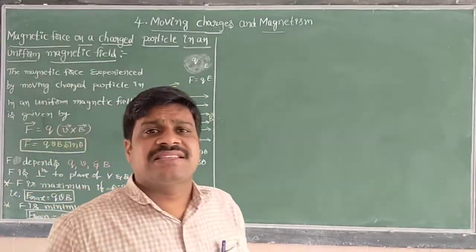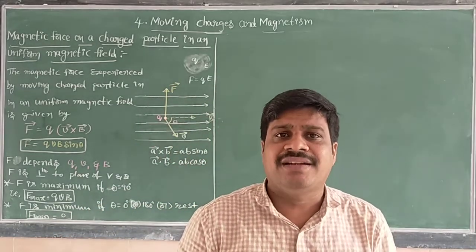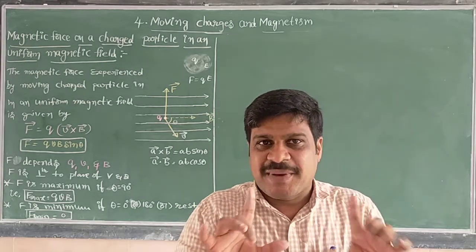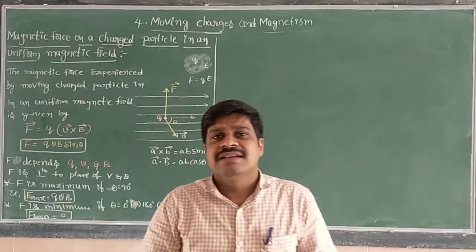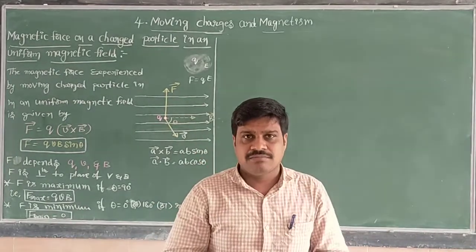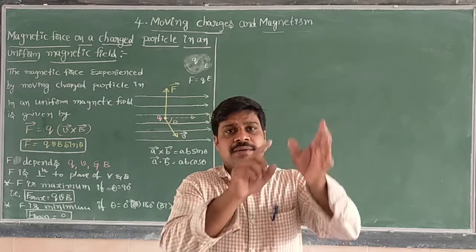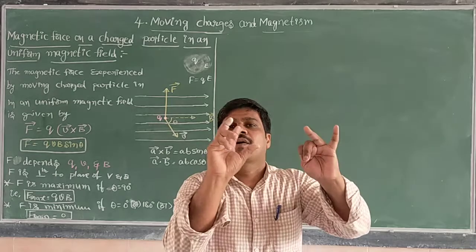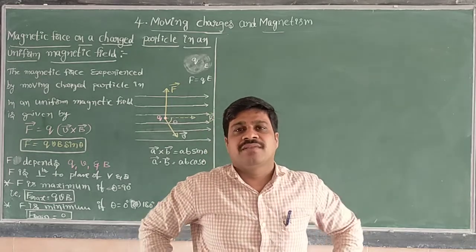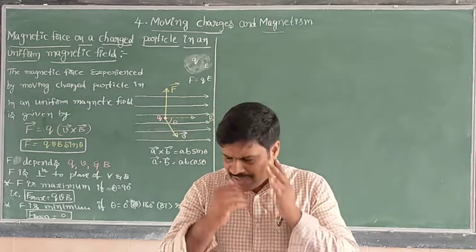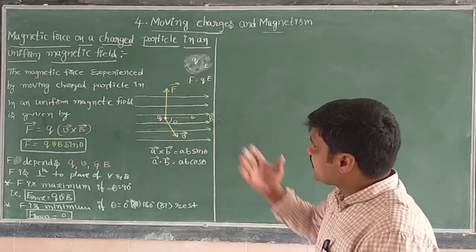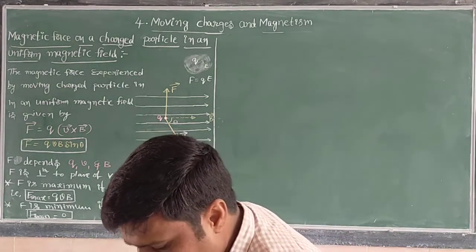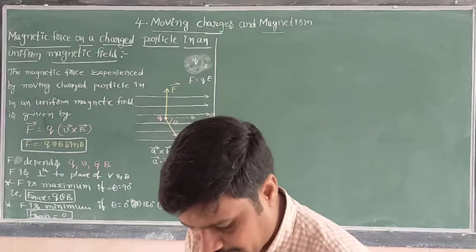Magnetic field means the space around a current carrying conductor or magnet in which magnetic effects can exist. That space is said to be the magnetic field. Is the magnetic field a vector or scalar? Of course it is a vector. How to measure the direction of the magnetic field? By Ampere's swimming rule, by the right hand thumb rule, by the right handed corkscrew rule. Using those rules we can find the direction of the magnetic field. And we have also measured the magnetic force on a charged particle. Afterwards, we have some other concept related to this.